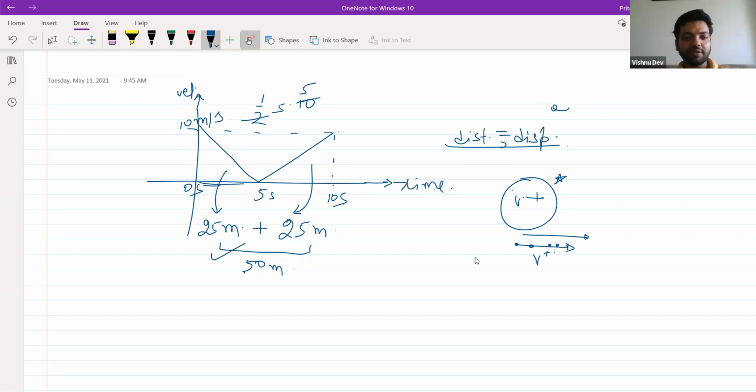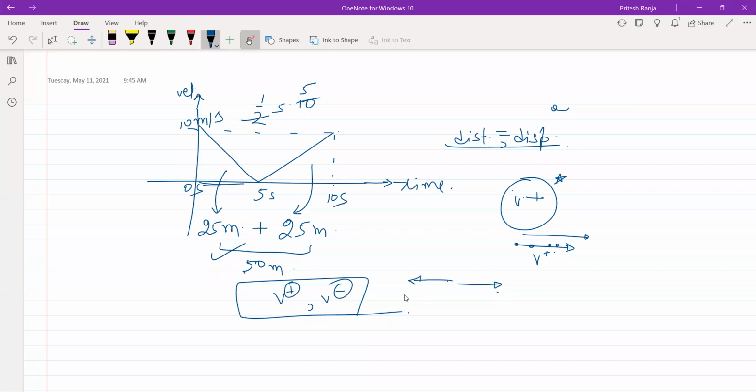Okay, good. Can anyone tell me the difference between positive velocity and negative velocity? Simply, positive velocity means the object is moving to the right. Negative velocity, generally we take the object moving in the opposite direction, left. Yes, it's just a relative thing. If this represents the object moving to the right, then this should represent the object moving to the left. Okay, some questions we will do based on the equations of motion, which you have already covered.